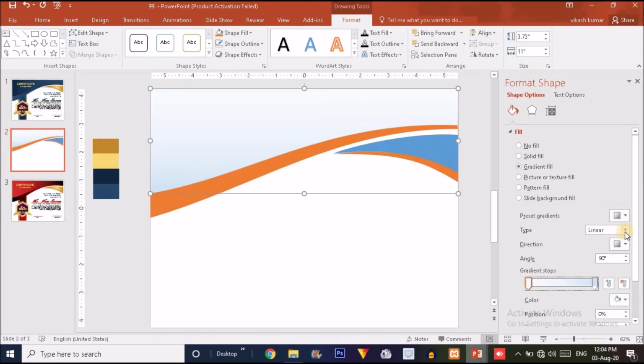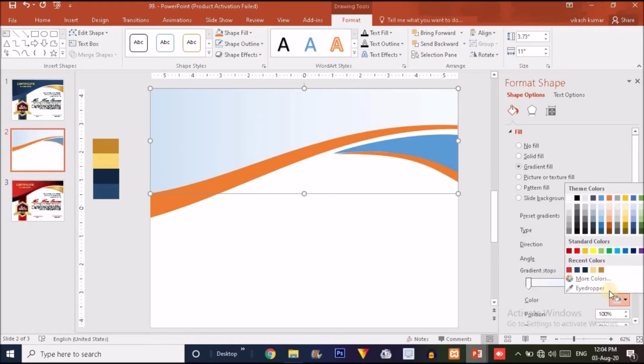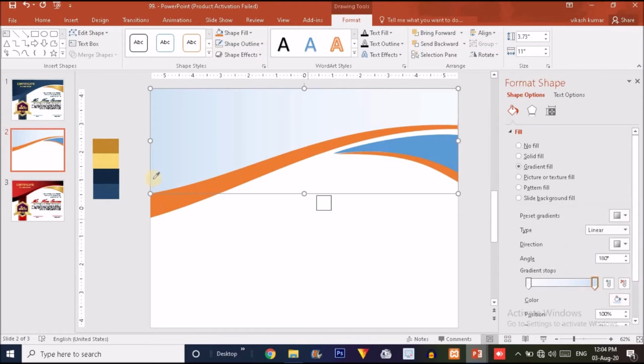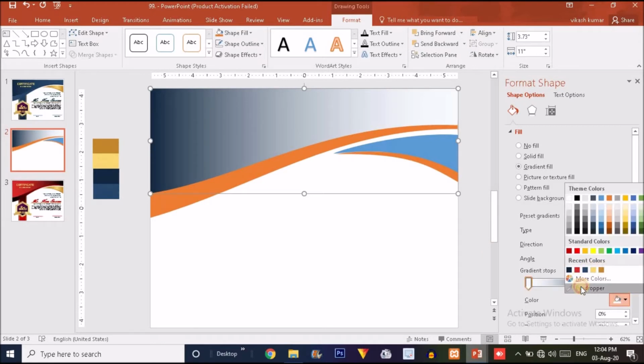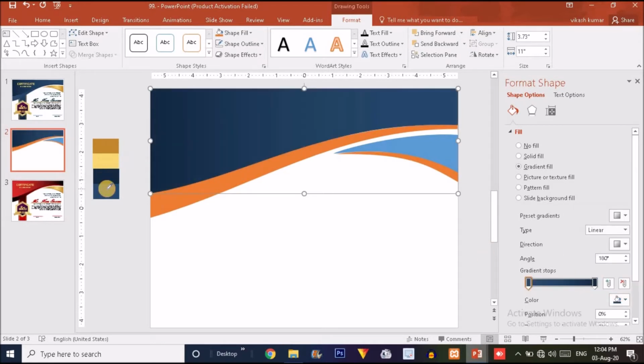So now the type is linear, which is perfect, but the direction we have to change to this one. For the right handle we are going to choose this blue color, and for the left handle we are going to fill it with this color like this.